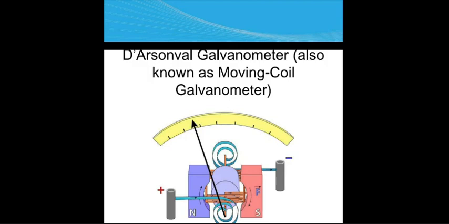voltmeters and ammeters is what we call moving coil galvanometer. There's a lot of theory behind it. This is something whose pointer deflects based on how much current is going in the coil around that pointer, because a magnetic field would be produced by that current, and that would generate a torque on the pointer, which will rotate based on how much current is going in. That is the fundamental idea here. I think you were taught all this in physics courses anyway.